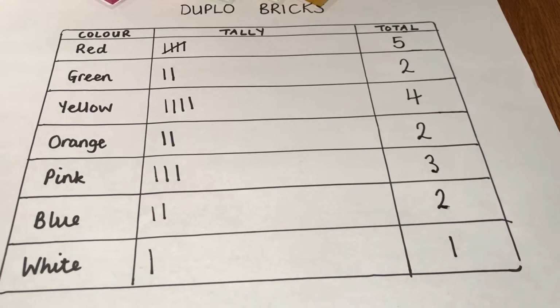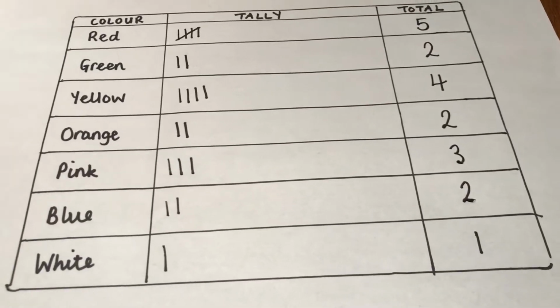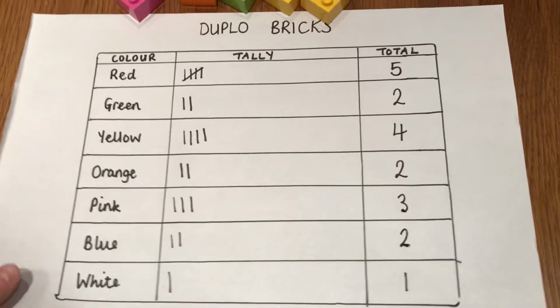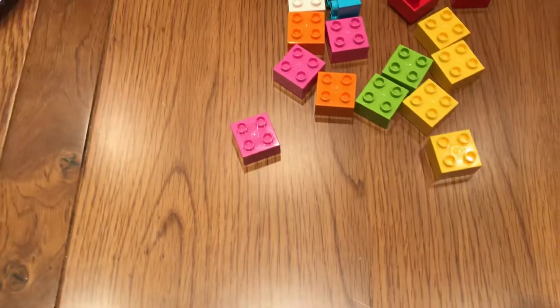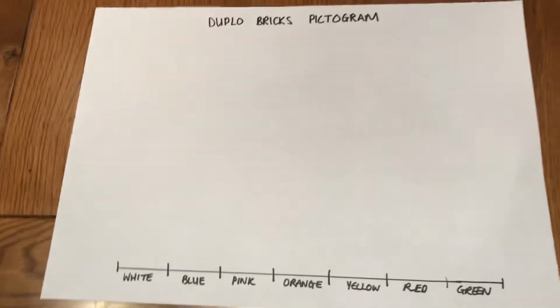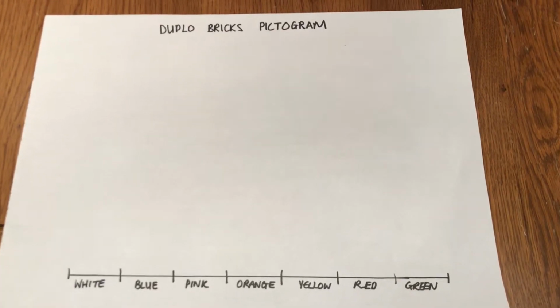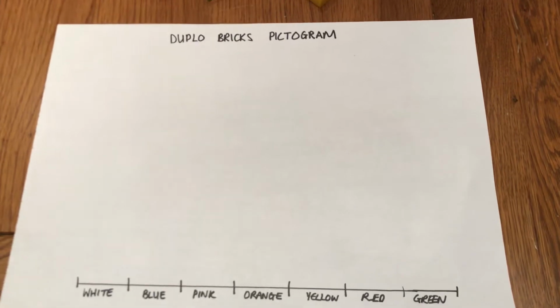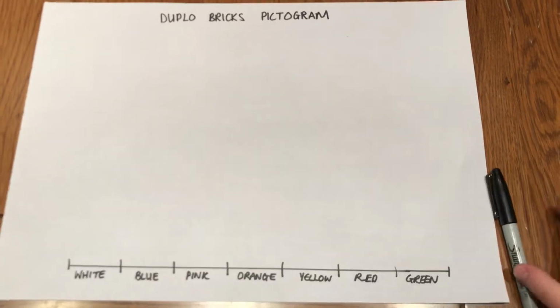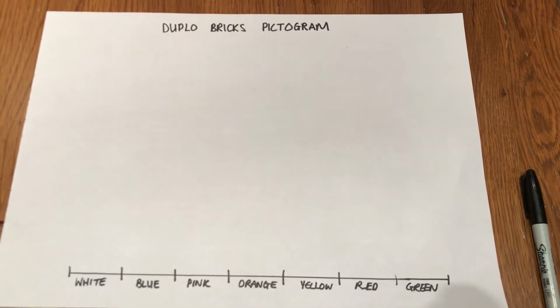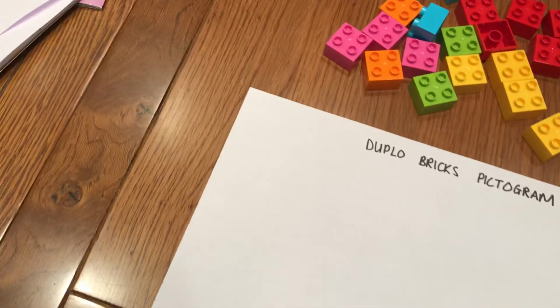Fab. Right, so now what I'm going to do is turn that tally chart into a pictogram. So to do that, I have made the first part of my pictogram. As you can see, along the bottom, I have written the colour of my blocks. And all I need to do here is build columns for those colours. So white goes in this one,